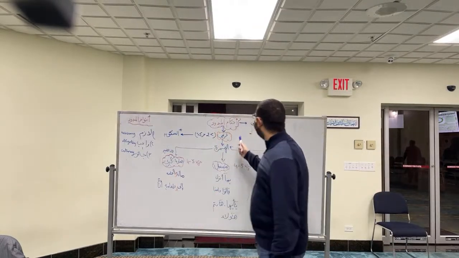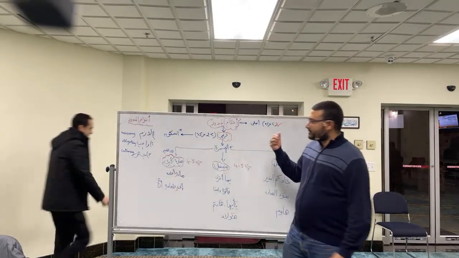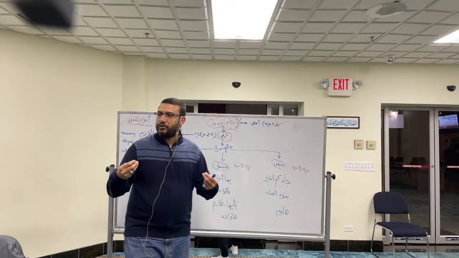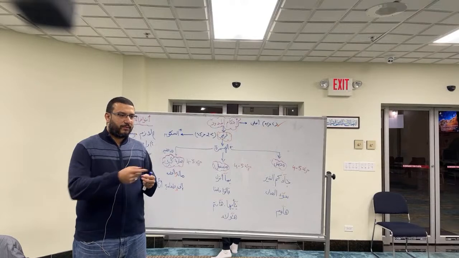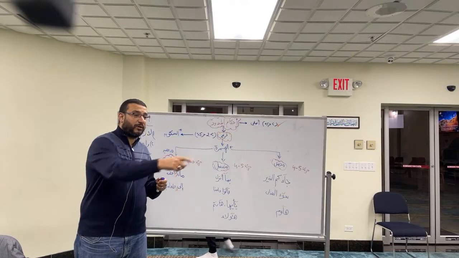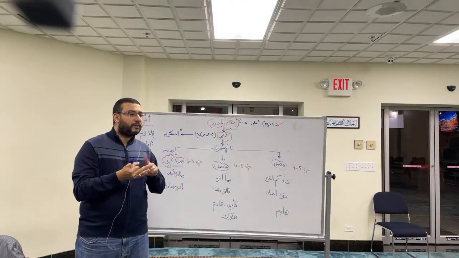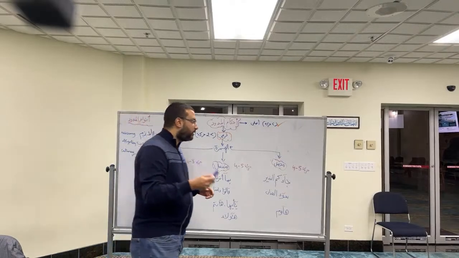So, inshallah, we're continuing with أحكام المدود today. Last time we started with أحكام المد. The mad, we said, is an elongation in the time when you are pronouncing one of the حروف المد. Does anybody remember what are حروف المد? What are the letters of mad? Yes, mashallah, ahsant. Alif, waw, and ya.